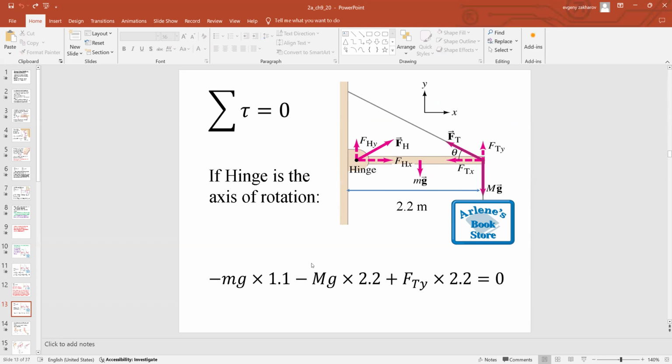So 1.1 is the moment arm. Force is mg. Is it positive or negative? What kind of a rotation would that force produce? That force would have produced clockwise rotation. So the torque is negative. Negative torque. Force is mg. And moment arm is the shortest distance between the hinge and the axis at the line of action. So 1.1. That's the first